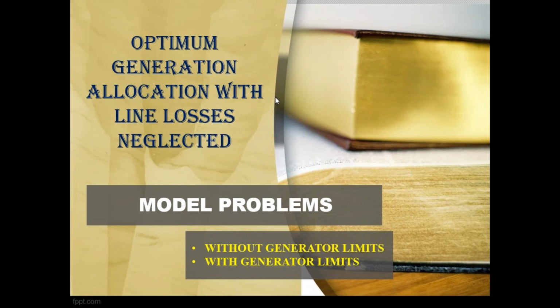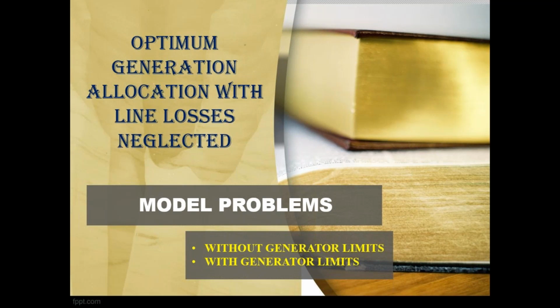Until last class, we discussed these topics. In the first class, what are the different ways of scheduling the power generations, and how we can find the performance of a particular unit for obtaining the scheduling in the form of heat rate curve, incremental fuel curve, input output characteristics. After that, we did two problems, one without the generator limits and one with the generator limits. That method belongs to the normal traditional method.